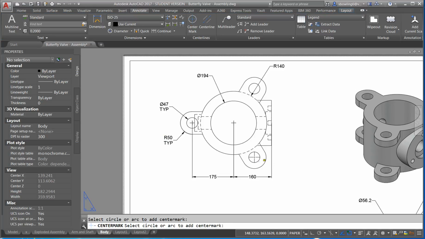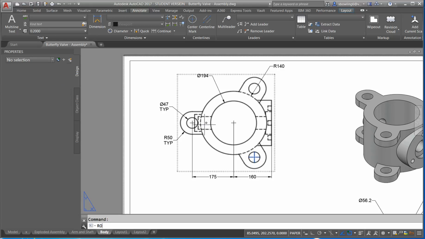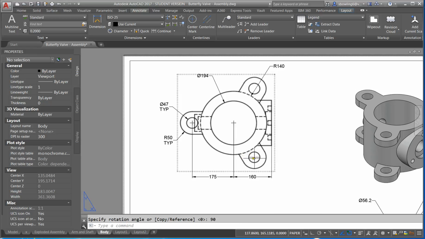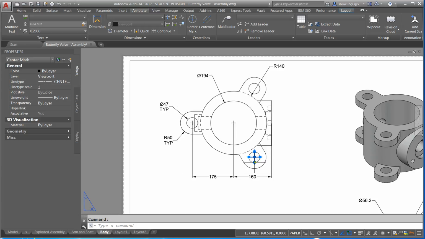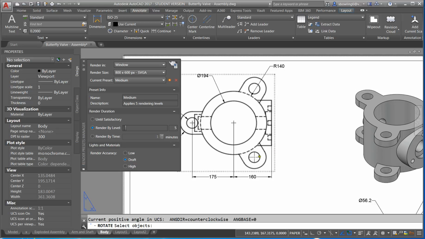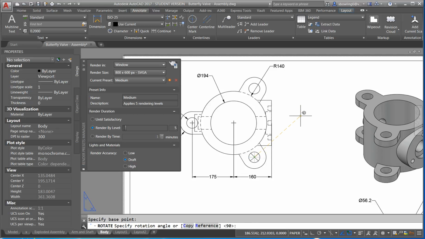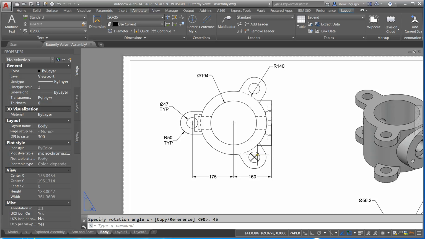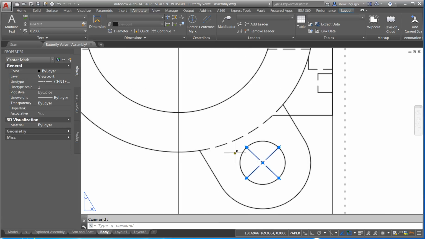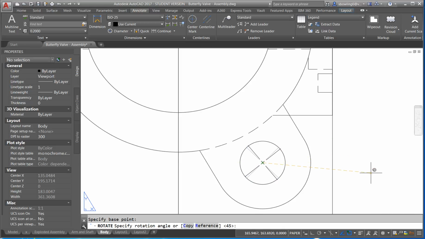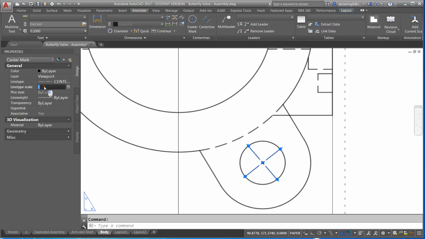You also have center marks. Notice this center mark isn't rotated properly. So I type in RO to the center and I angle it 90 degrees. Oops, sorry. Rotate. Not RP, RO. Should be 45, not 90. And I am going to, sorry. That doesn't look very good. I'm just going to eyeball this. That's better. And I'm going to scale this up